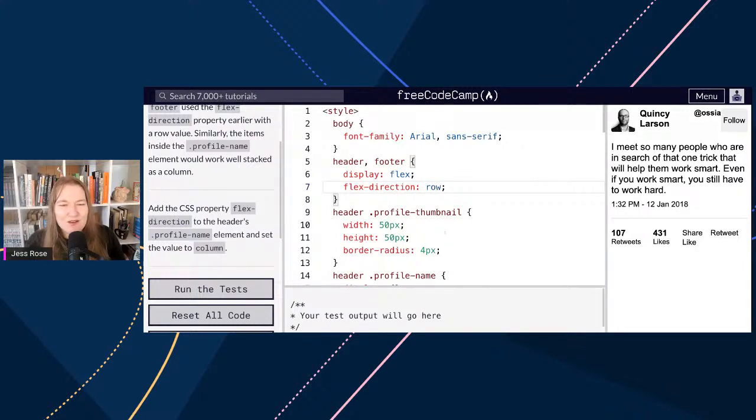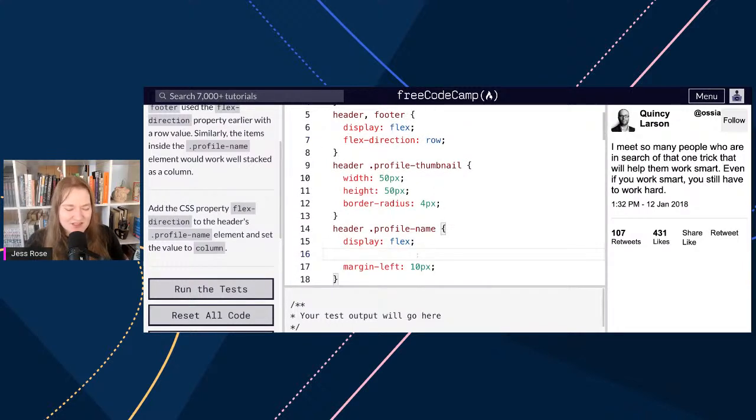We're going to come to profile name, and we're going to change this one. Flex direction. And the flex direction here is,